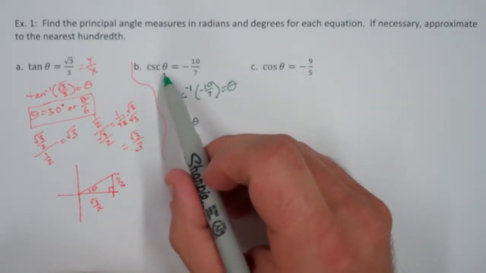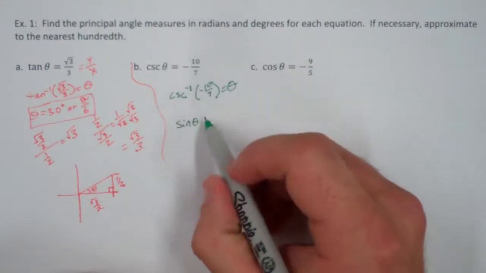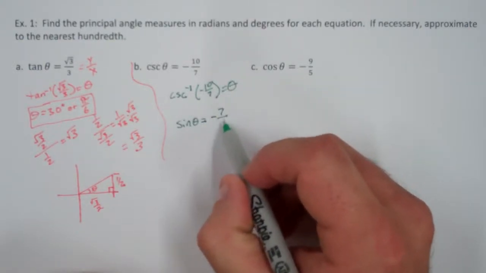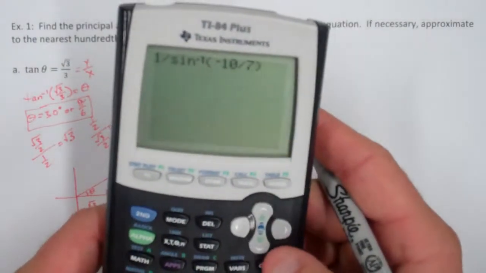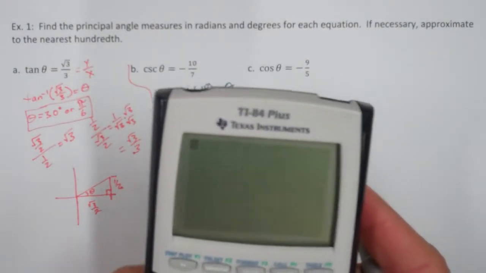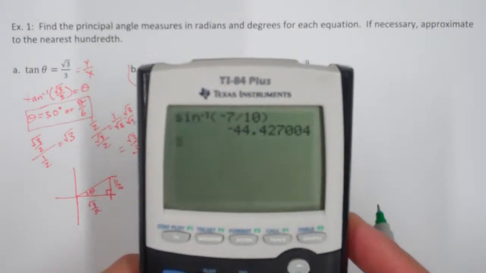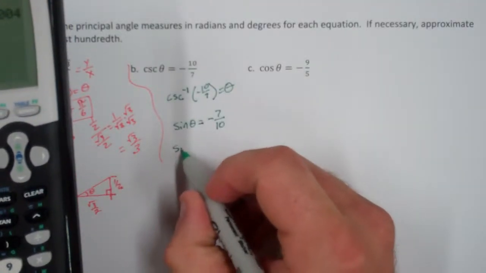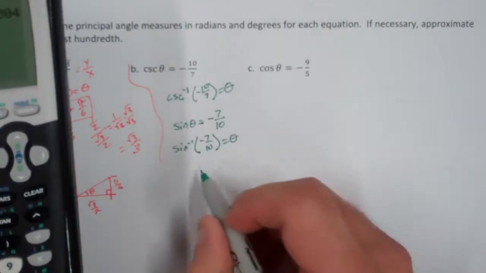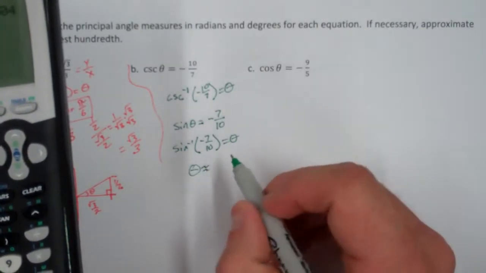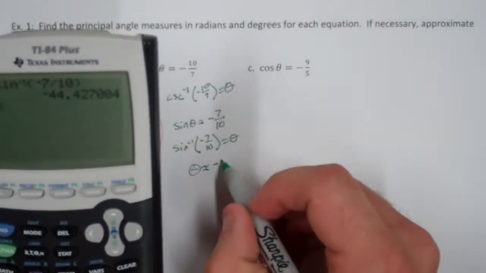If the cosecant of theta is negative 10 over 7, then the sine of that angle must be the reciprocal, so negative 7 over 10. Got it. This might work out a little bit better for us, so let's clear that out of the calculator, and now we're going to do just the inverse sine of negative 7 divided by 10. Much better. So, if we write this down, this is the inverse sine of negative 7 over 10 to give us that angle,